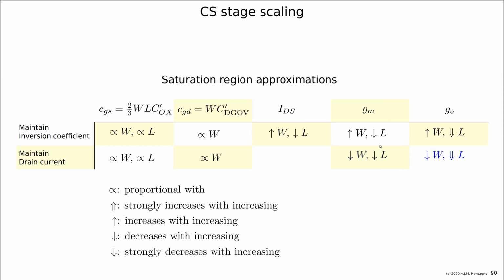For GO, it's the same. If you maintain the drain current but increase the width, then GO drops. And if you increase the length, GO drops even faster because you have the two effects. So this is basically a nice list of actions that you can do to achieve a certain